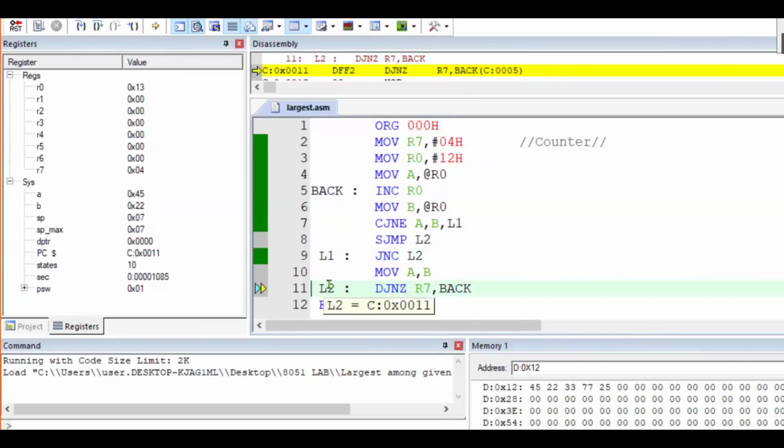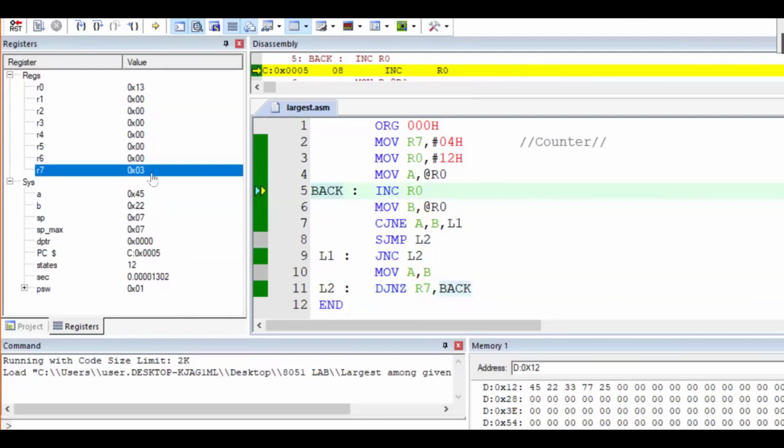At the L2 line, you can see decrement R7. If not equal to 0, jump to back. So back is my loop. If you look here, back is written somewhere at number 5. If I execute the next instruction, your R7 is going to decrease by one. Now it is 4. If I execute, it becomes 3. And if you look here, it is 3, not equal to 0. Your instruction line went directly to the back line. The arrow mark shows that your program went back to the place where you're supposed to jump. It is clearly mentioned DJNZ. If R7 is not equal to 0, jump to the back place where back is written in your program.